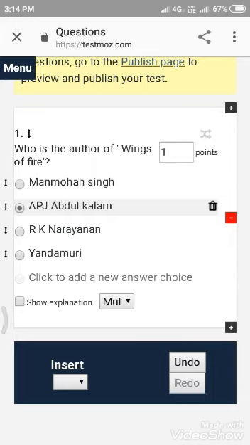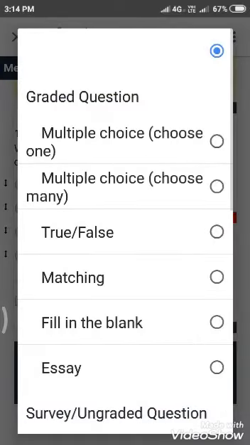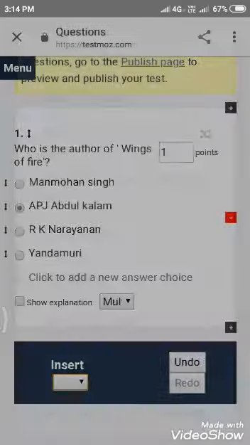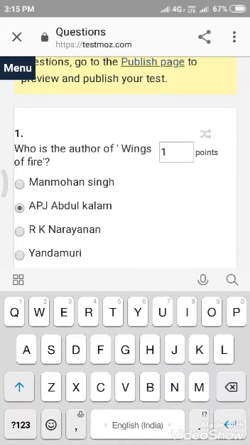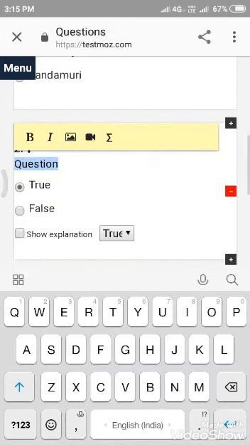So I set APJ Abdul Kalam as the right answer. Next, on the right side of the page, there is a plus in a black box and a minus in a red box. Now I select another question, a true or false question. Here is the true or false question.